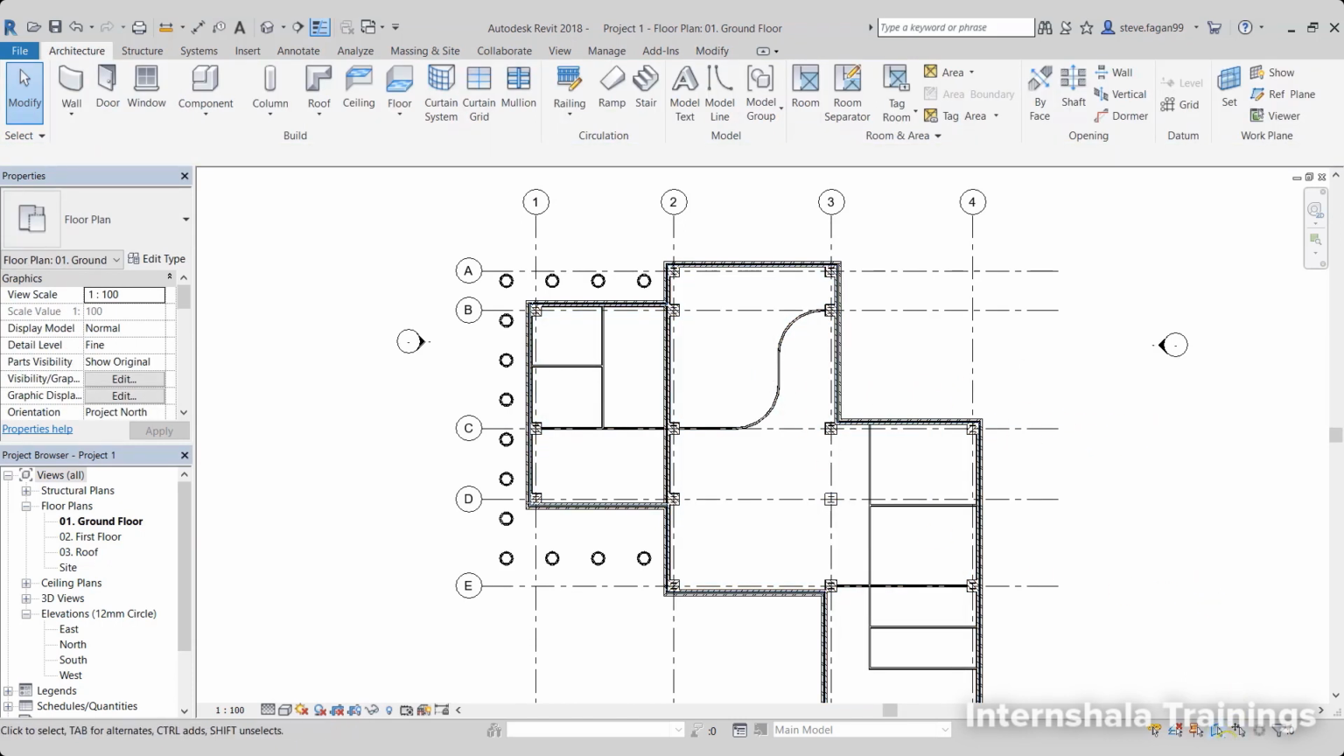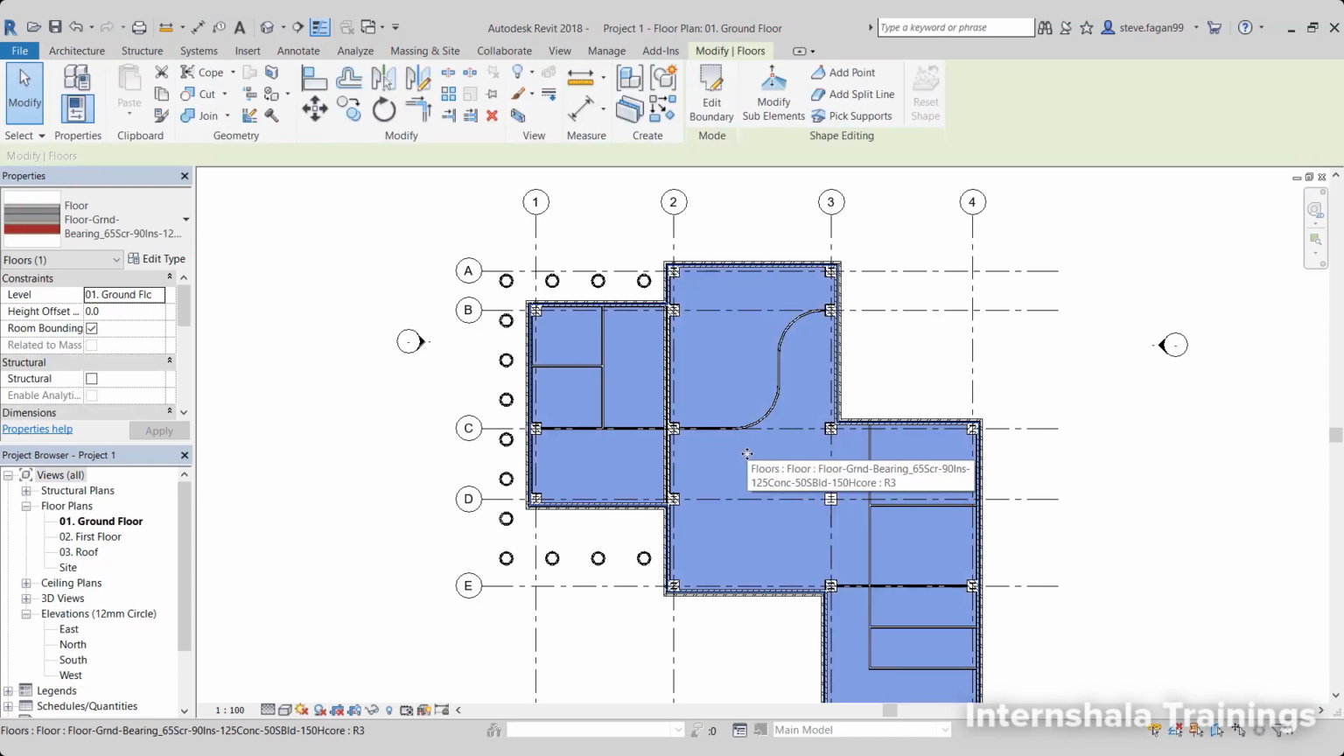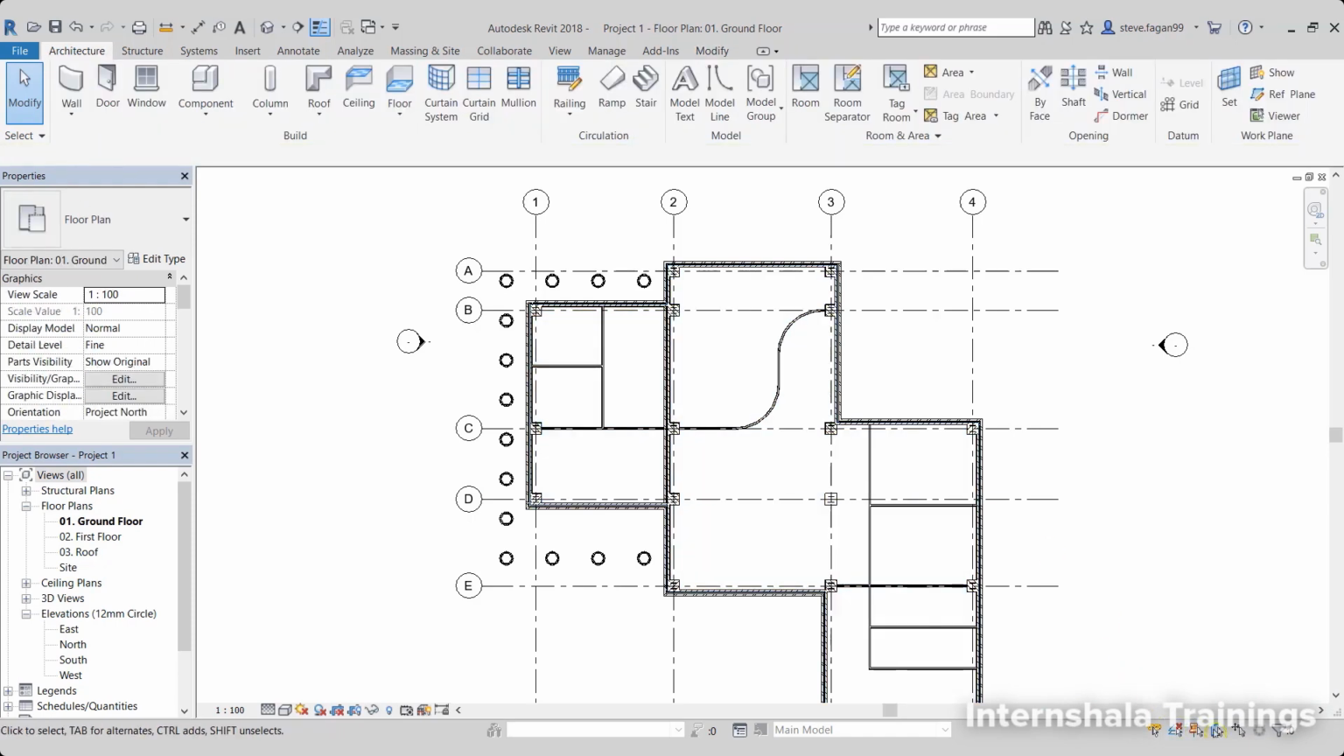So what I'm going to do is turn off select elements by face. The reason being I can accidentally click on the floor slab, which can get in the way. So if I turn that off,